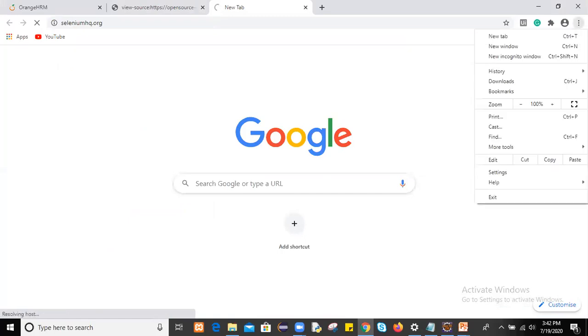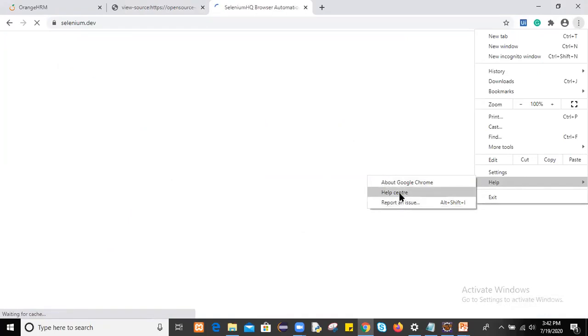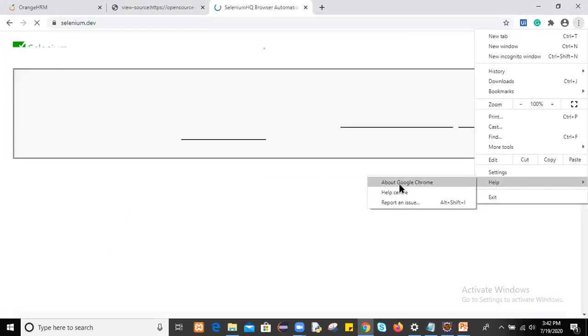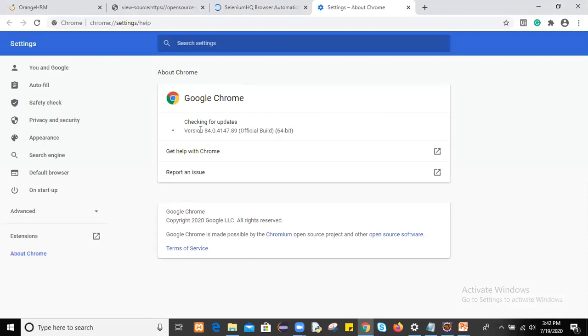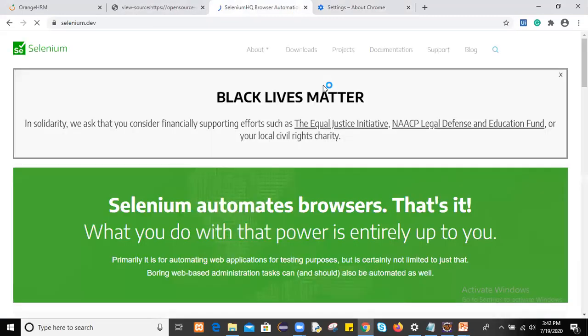Based on your latest browser, for me this is Chrome. First check your version of the browser, then download the drivers. Let me check. This is 84 point something, 84.04. Just go to seleniumhq.org. It's loading. Click on downloads.